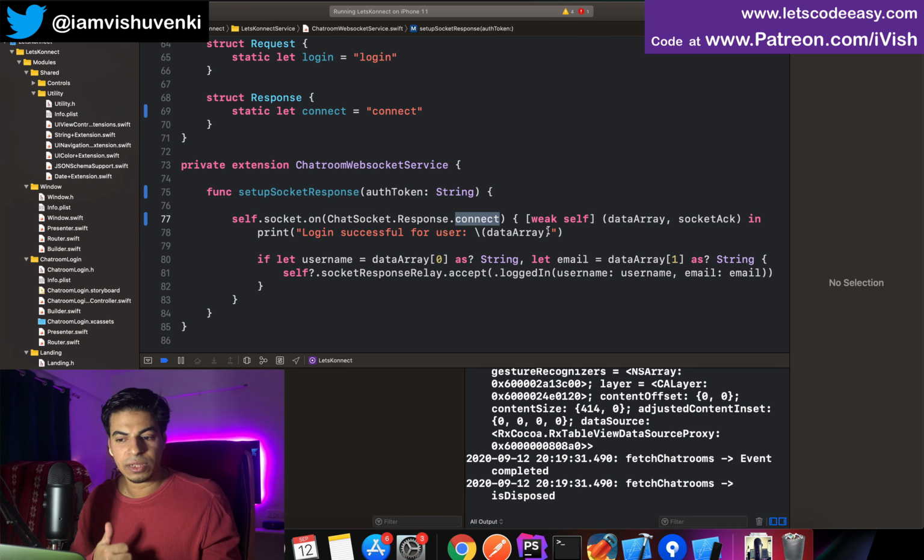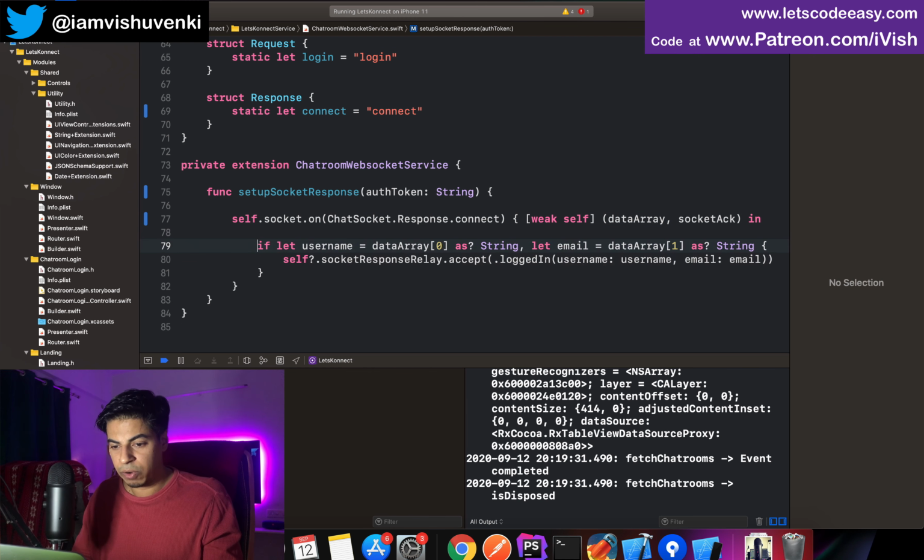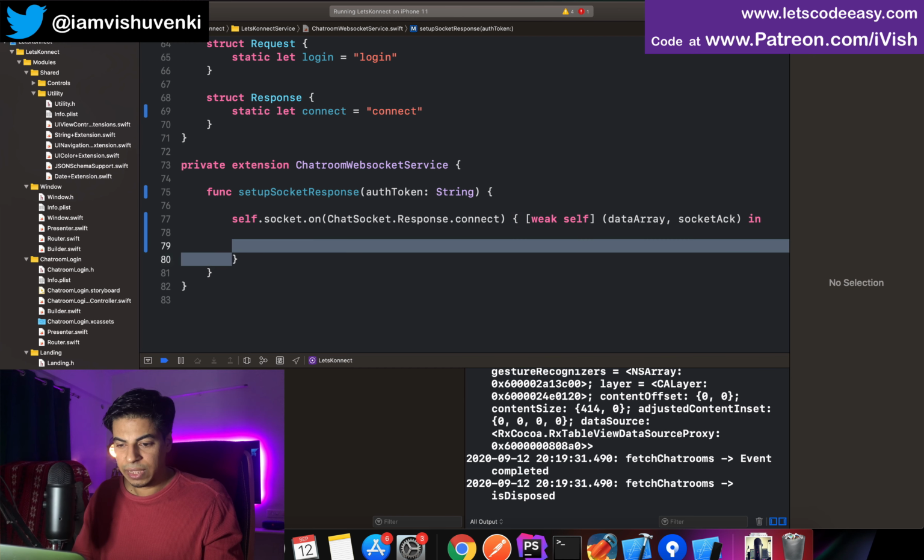First thing, as soon as the WebSocket connection is established, it's going to give me a callback through this connect. Those are parameters, a data array. If there is data coming back from the server, I'm not expecting anything. I'm not going to use any of the callback values from the server. At least I'm going to see whether it's connected or not. So it's going to always come through this. So if it is connected, I'm going to say